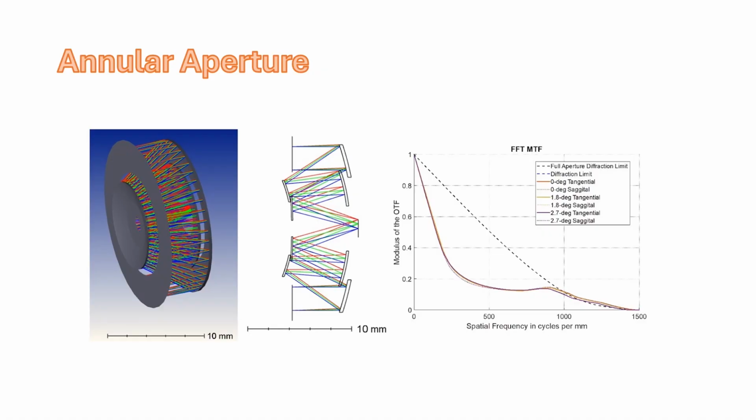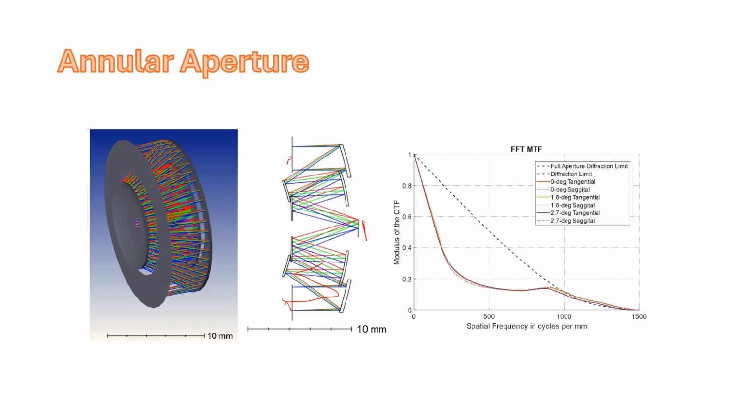Here we're looking at a design for a folded optical system. This has an annular aperture because the clear aperture is here at the edge, and then the light path comes through and bounces around, coming to a focal surface here. This system has somewhere 20-25 millimeter focal length, but the overall thickness is well under 10 millimeters. So obviously you get an advantage by having a thinner optical system with a long focal length, but you pay